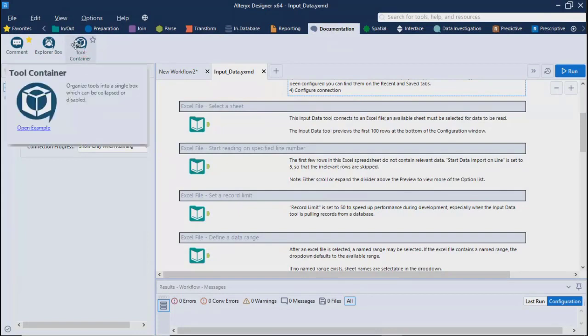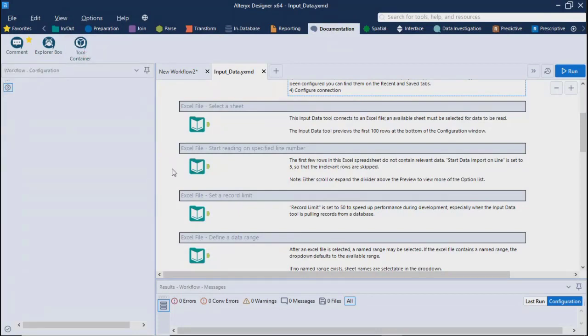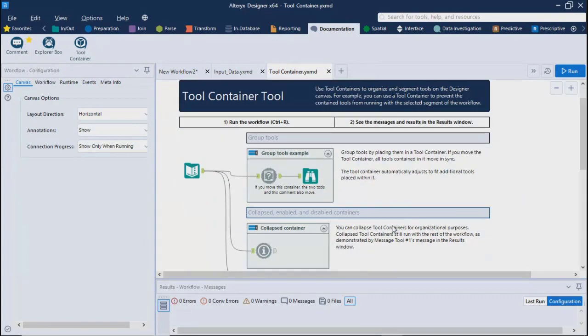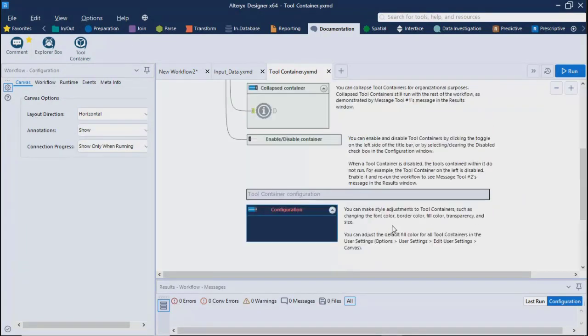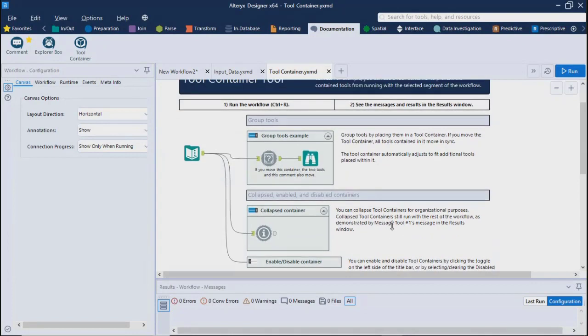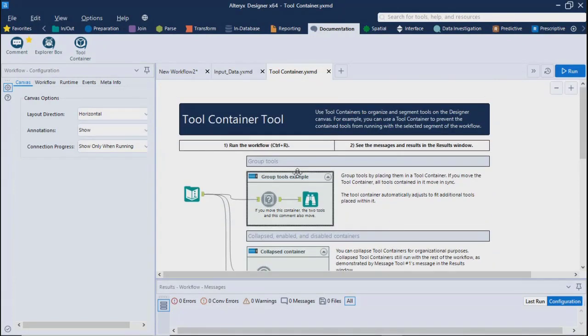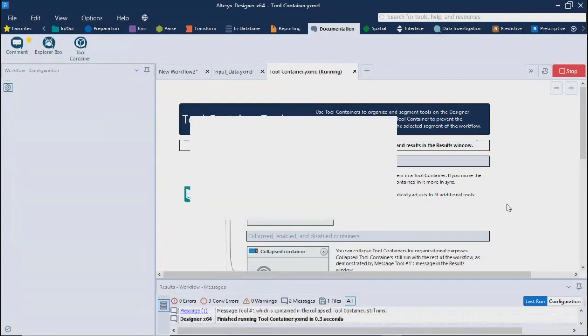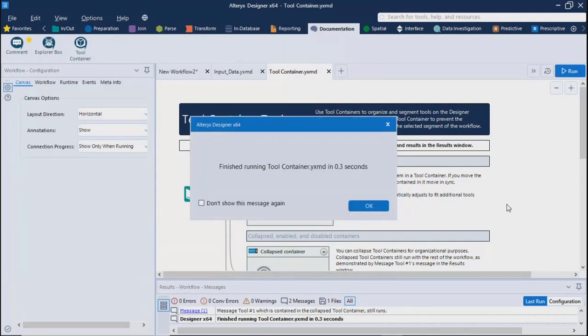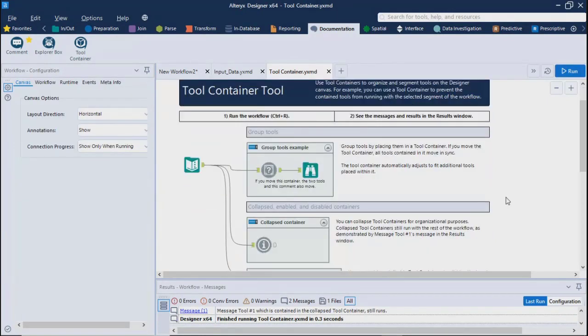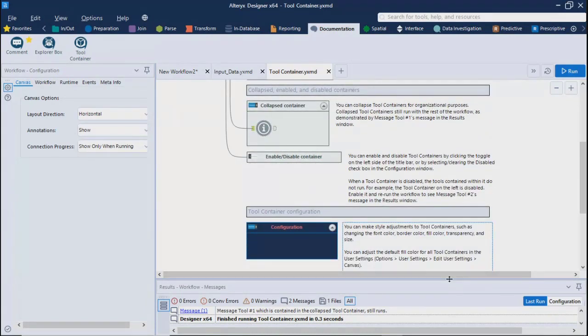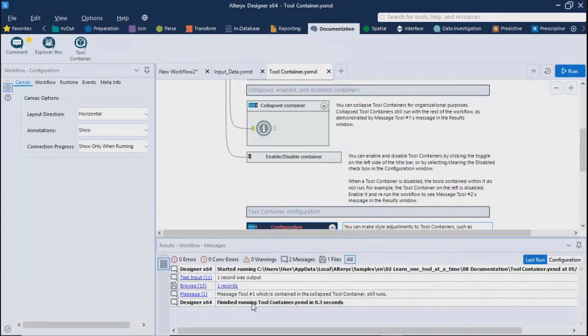Let's say if you come here, single click, Open Example, you will get another page opened with this. It will guide you on how you can configure this element and how you can run it. For example, Run is a single button over here, but in order to run, you can simply press Control plus R also. If you do Control plus R on your system, this package will run. I simply pressed Control plus R, it got executed, and it shows whatever result it was supposed to show: one record.